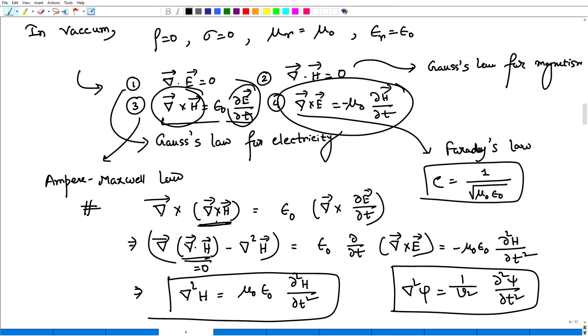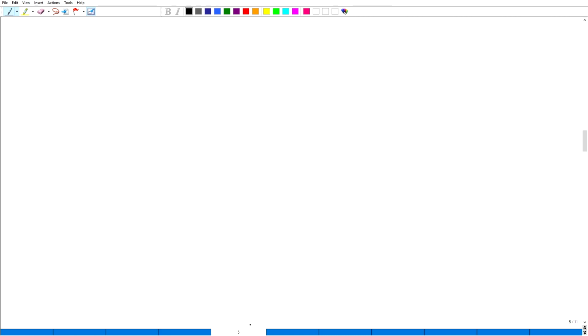Again, we can derive the same equation using the electric field as well. So, that will be del square E equals mu naught epsilon naught del 2 E by del t square. From this equation we can estimate theoretically the speed of the light in vacuum, which is this one. Okay. So, this is our speed of the light, and in general if we do not consider the vacuum, it will be